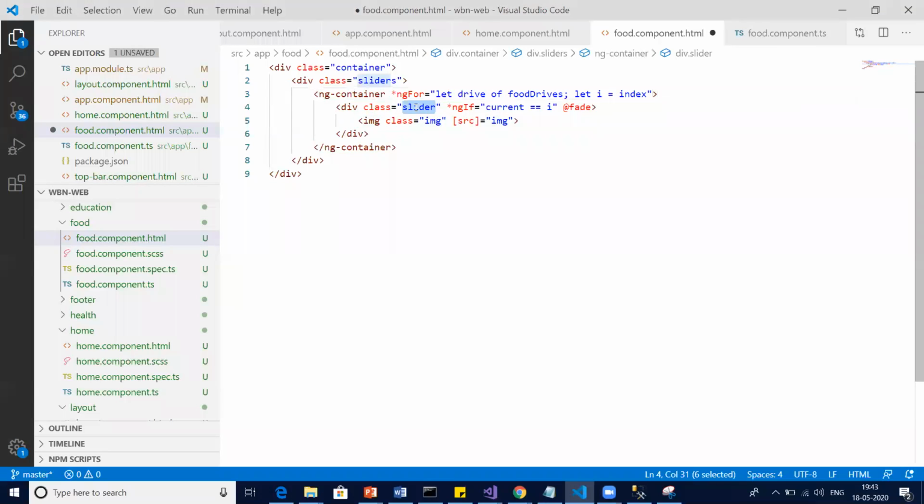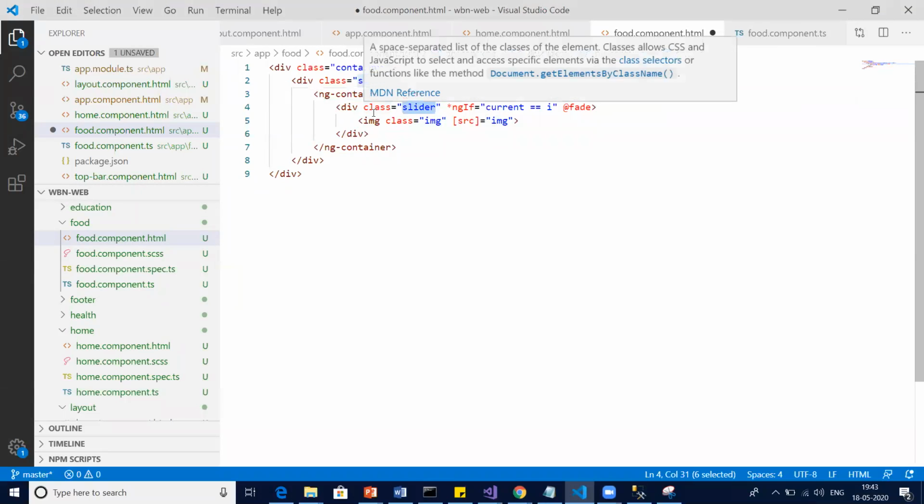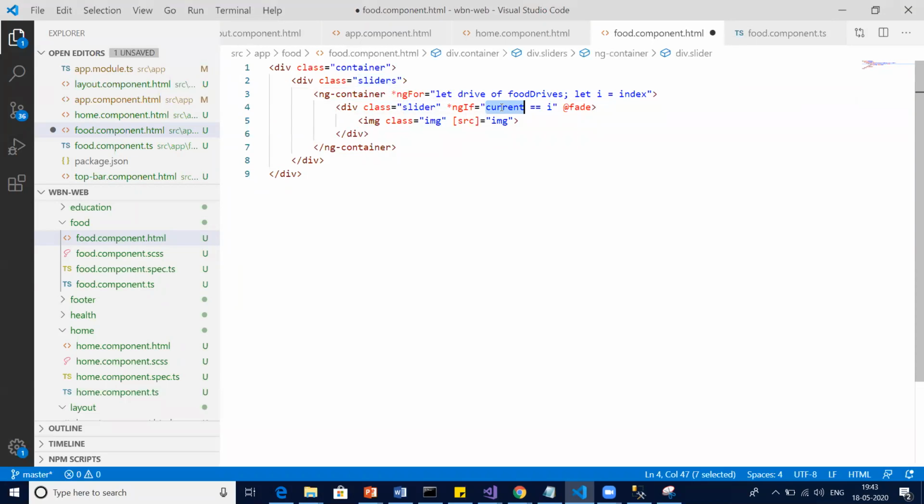Class slider, we don't know what it is because we have not touched any style, so we'll take it after this. And current, the current slide variable, we have not created yet, no problem. You can see the @fade we have added; this is for injecting the fade animation in this div.